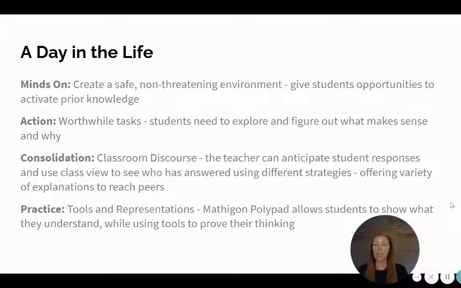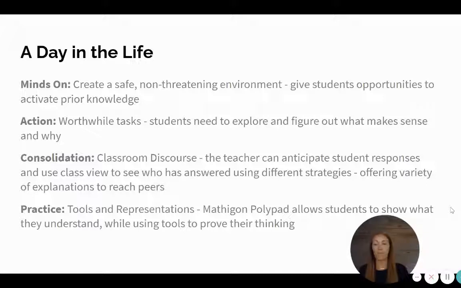In the action task, this is where I really wanted to make sure that I was using worthwhile tasks and giving students the opportunity to figure out what makes sense and why it makes sense. The consolidation portion of the lesson is really time for students to explain and discover. This is where the teacher can anticipate student responses, and using Mathigon Polypad, they can actually use the class view and they can see who answered using a variety of strategies,